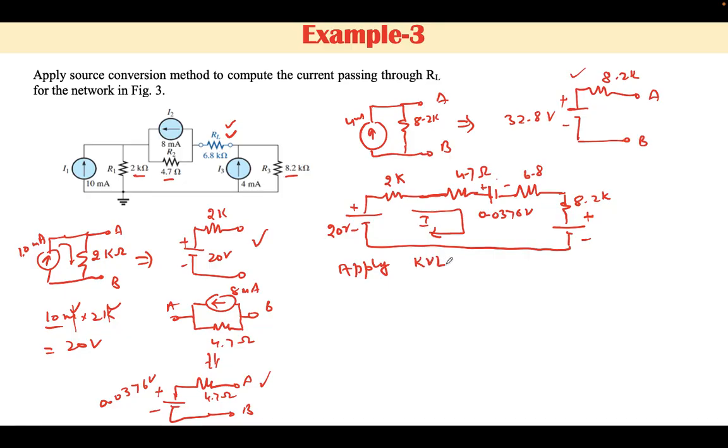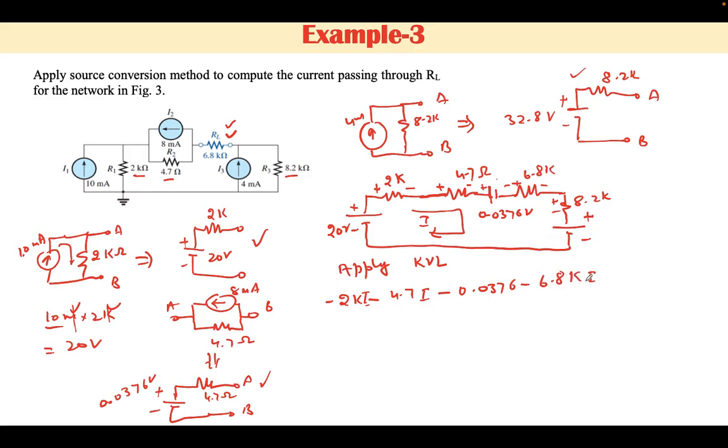Starting from here, minus of 2k, then minus of, because the current direction is taken, this is plus, this is minus, according to the direction we considered here. 2k into I is the voltage drop across this element, then minus of 4.7k into I, then the source voltage, we are moving from higher to lower, so it will be minus of 0.0376, then moving from higher to lower, minus of 6.8k